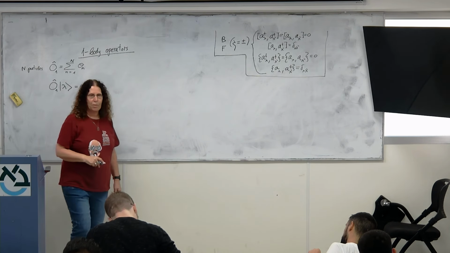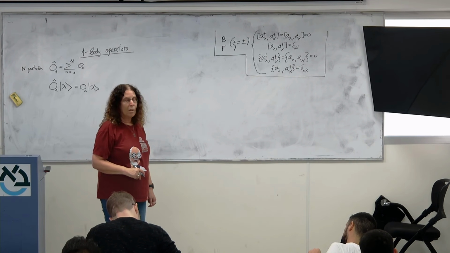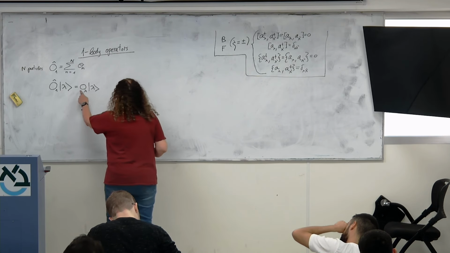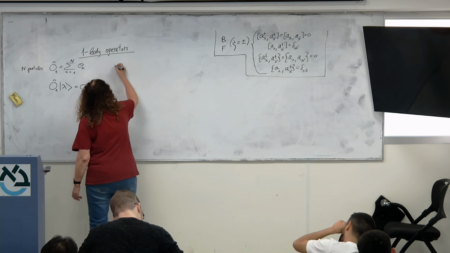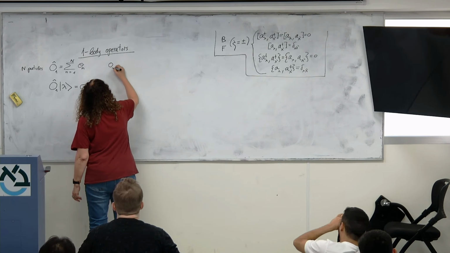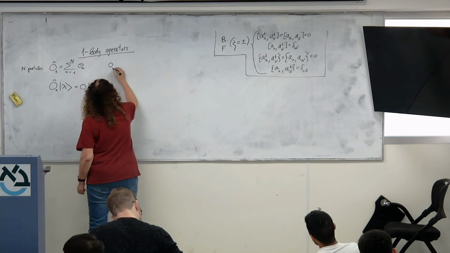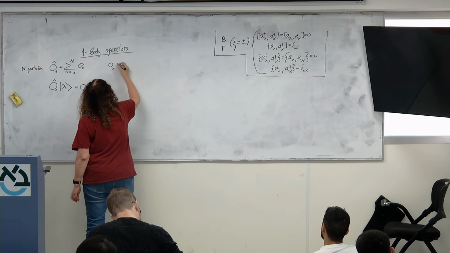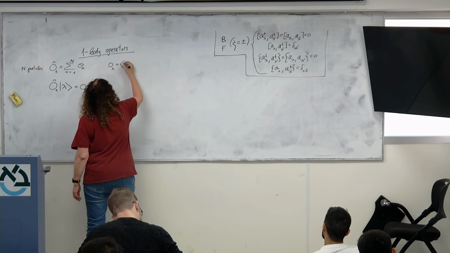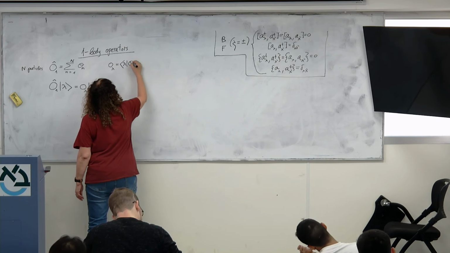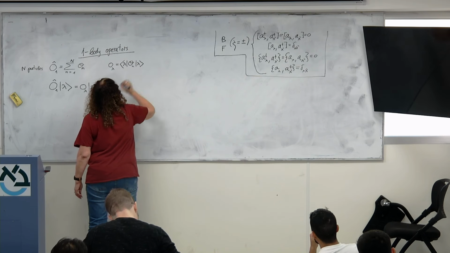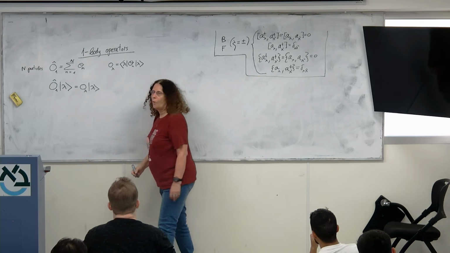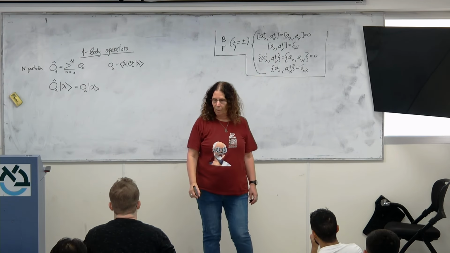Lambda is an eigenstate in that basis, and O of lambda is actually this. It's the diagonal matrix element,